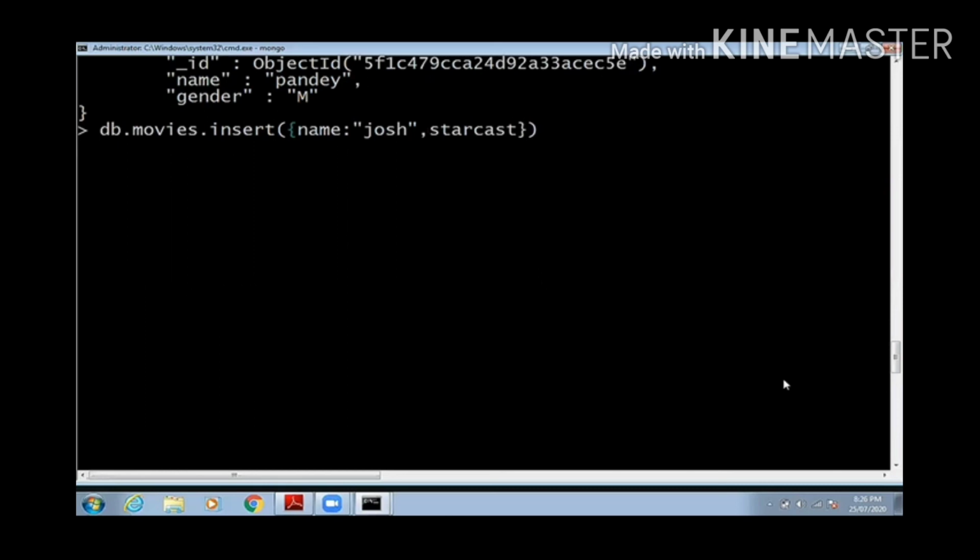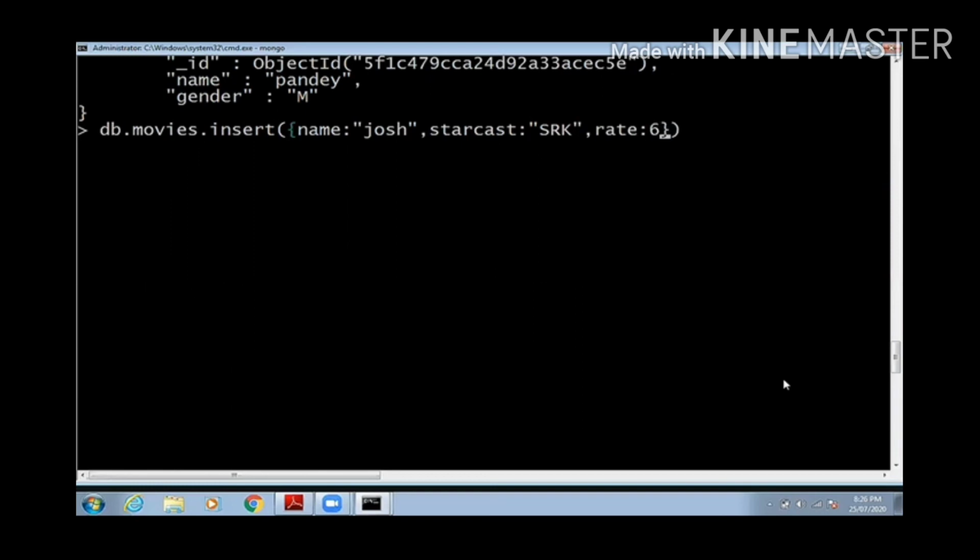Then I am giving the column heading as Starcast, and I am giving the value as SRK. Again I forgot to put a colon, then I will go back and put a colon there. Then rating I will give as 6.